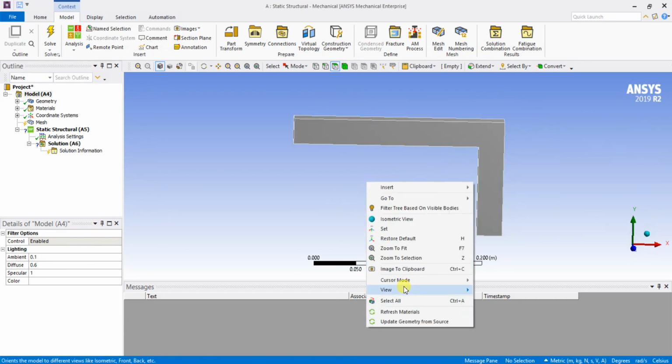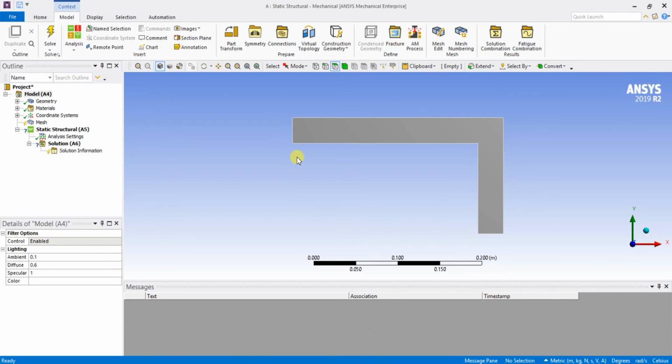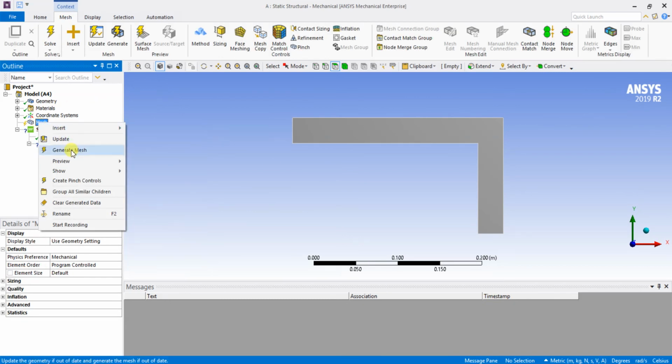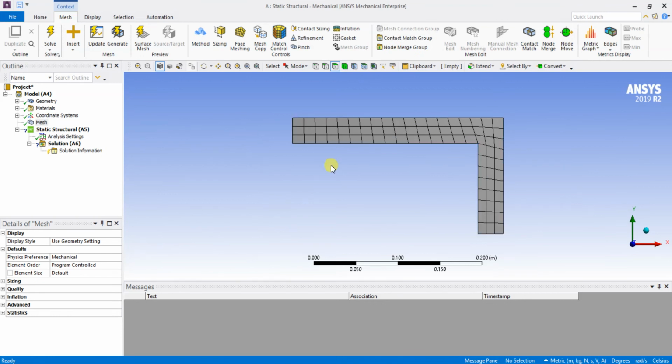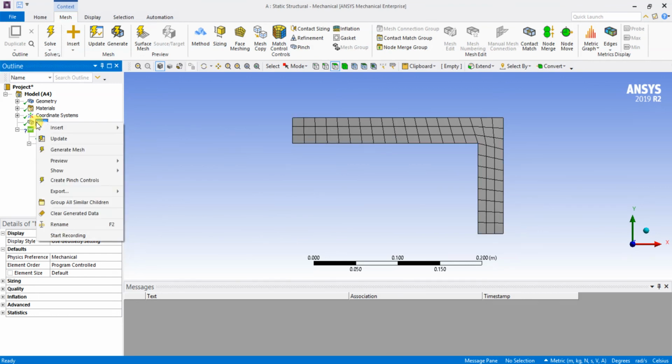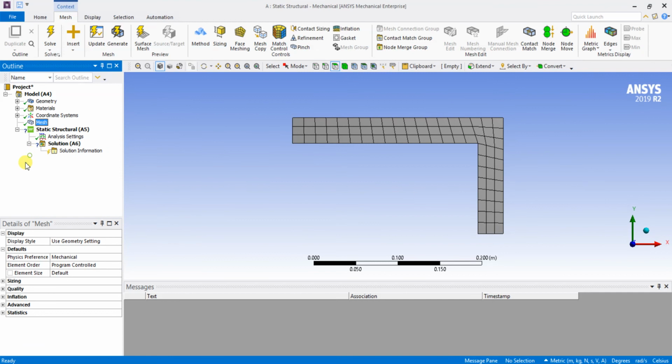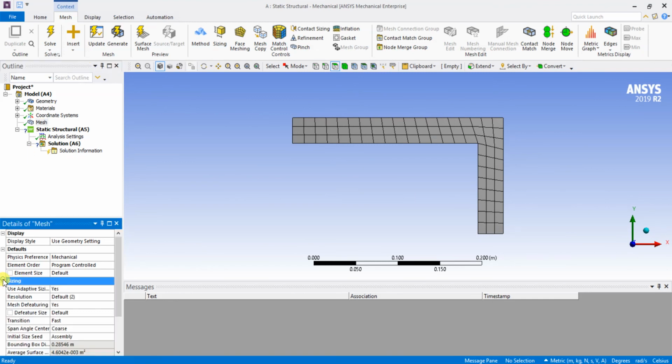It's a default position. I am selecting the front plane so that you can have the default position. For the default position I'm going to give mesh generation. You can see the mesh is being updated on this geometry. The mesh has been updated by the editing option. You can also control the element sizes and all those things. I'm going to select the fine mesh.